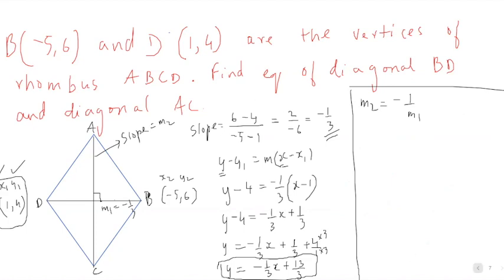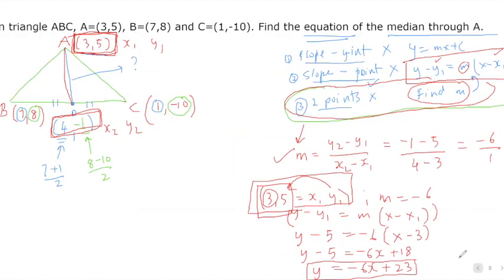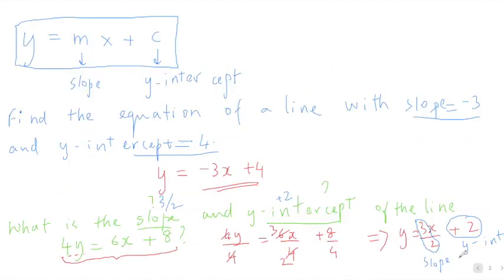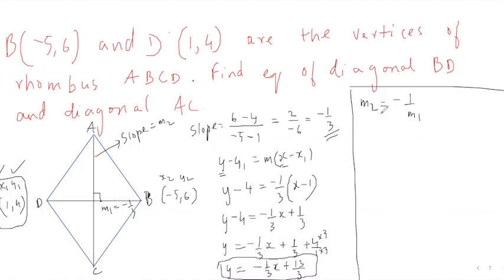We saw the equation, right? I don't know where we wrote the parallel and perpendicular. Did I erase that? I think I erased that, my bad. So M2 is equal to minus 1 by M1. So for two lines that are perpendicular, whose slopes are M1 and M2, this is the formula. So M2 is equal to minus 1 by minus 1/3, which is just 3. So M2 is 3.